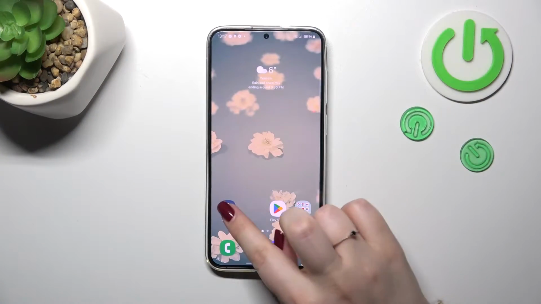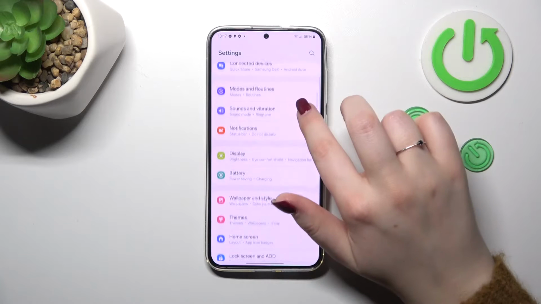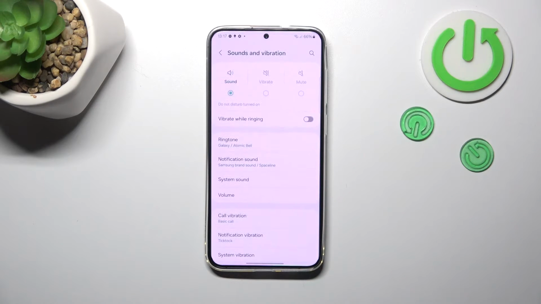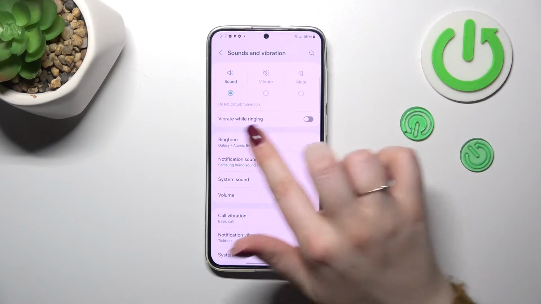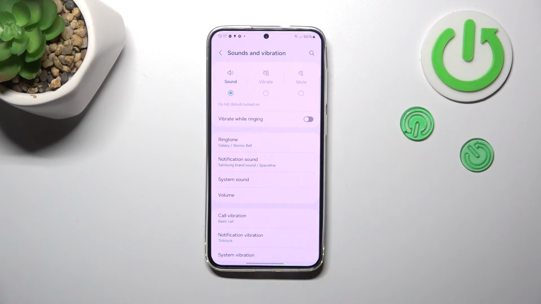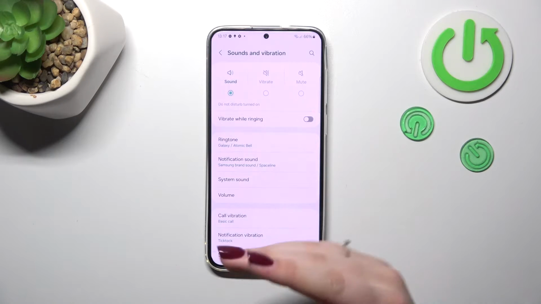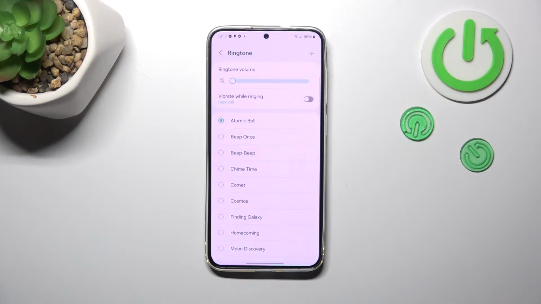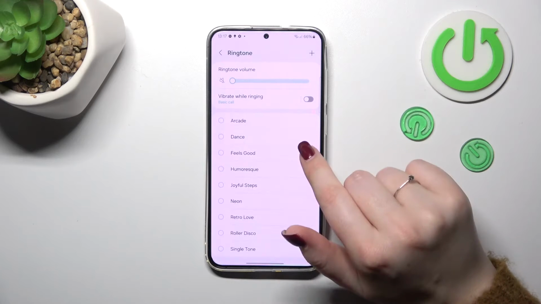So let's start with opening the settings, and here we have to scroll down to find sounds and vibration. There we have to localize this section, so the second section is connected with the sounds or the ringtones, and the top option is the option we're looking for. So let's simply tap on it, and as you can see, after tapping we will be transferred to this